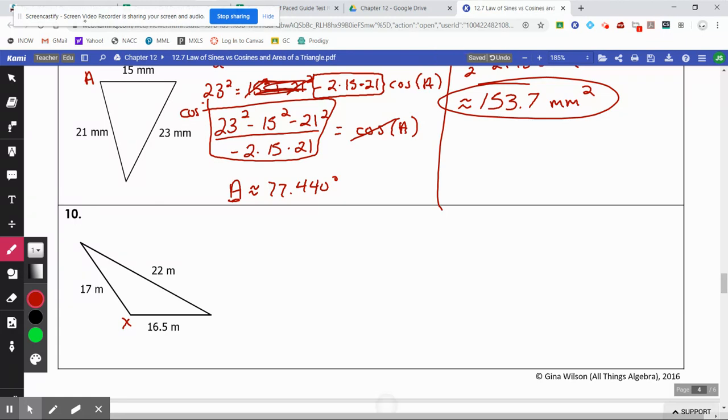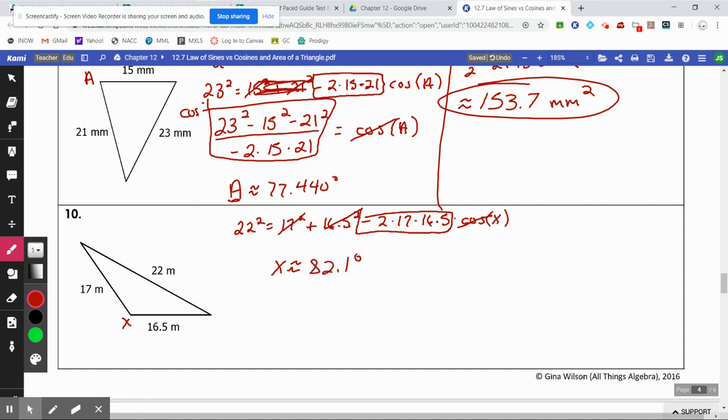So you have a squared equals b squared plus c squared minus 2 times 17 times 16.5 times the cosine of the angle that you are looking for. We move 17 squared and 16.5 squared over by subtracting. We will then divide by this stuff. We will take the inverse cosine, and we will find out that our angle is somewhere around